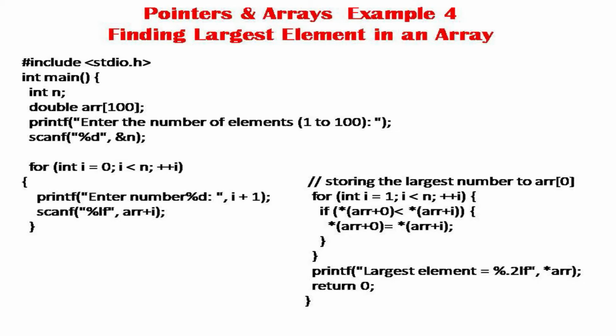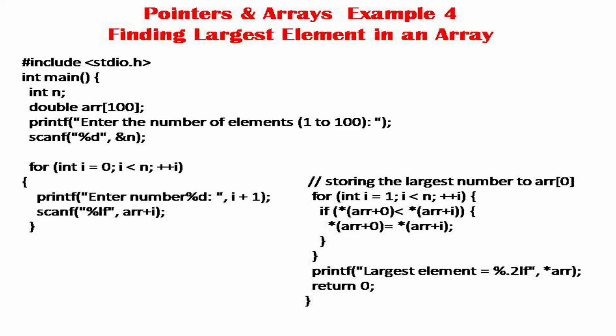It's a double array. First of all, I am asking the user how many elements the user wants to input. Suppose the user says 5 elements. Then I start a loop: i equal to 0, i less than n, assuming n is 5, i less than 5, i plus plus. Enter number and scanf percentage lf, which is the format specifier for a double type value. And look at the scanf statement there, ARR plus i. We know that already, so no problem at all. I accept the values.